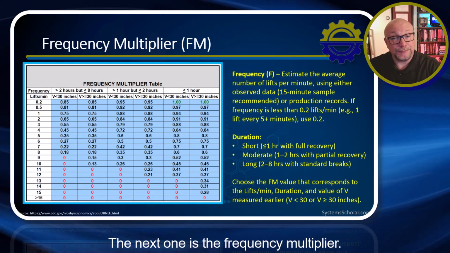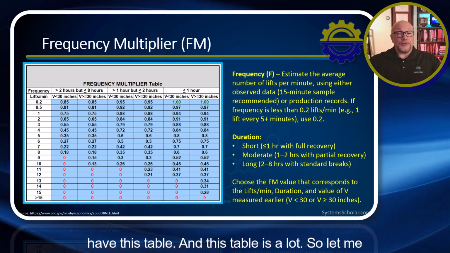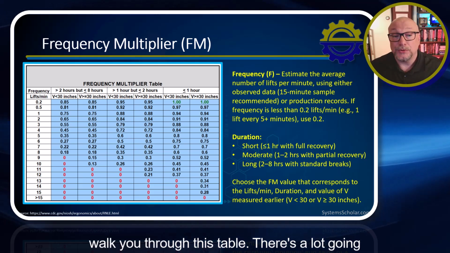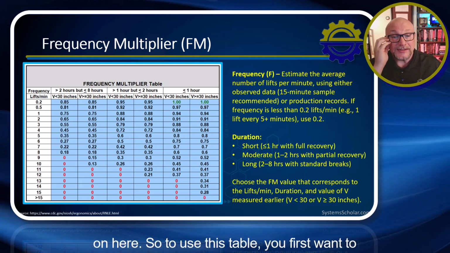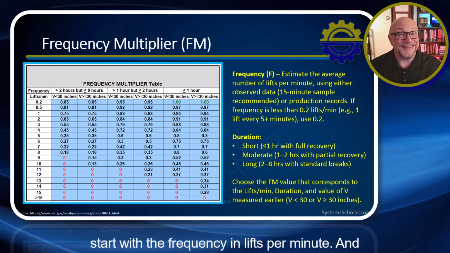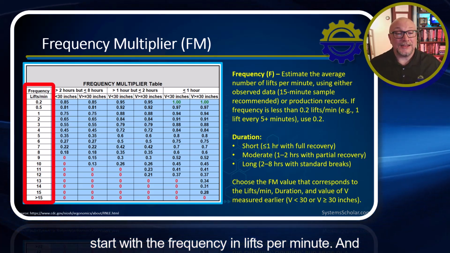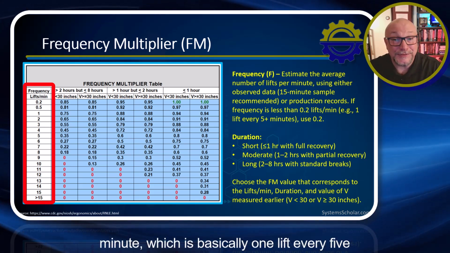The next one is the frequency multiplier. There is no equation for this one, but you do have this table. And this table is a lot. So let me walk you through this table. There's a lot going on here. To use this table, you first want to start with the frequency in lifts per minute. And you can see that the table goes from 0.2 lifts per minute, which is basically 1 lift every 5 minutes,